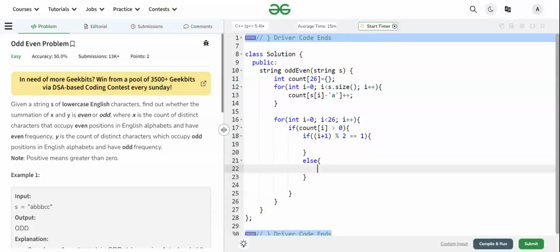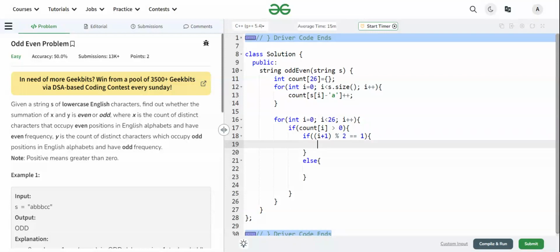The reason I added 1 is that the array stores from index 0, so the first position, a, will be stored in index 0.